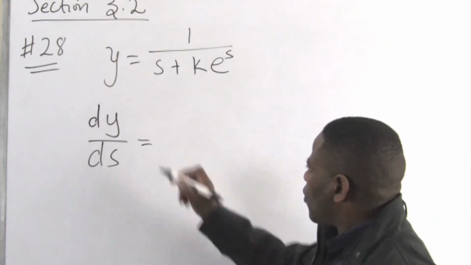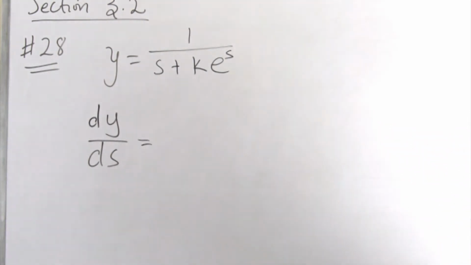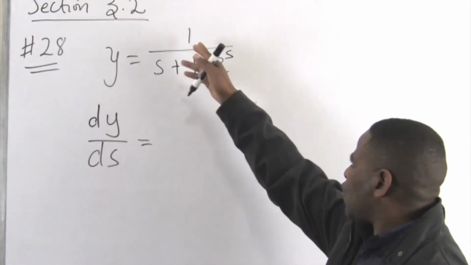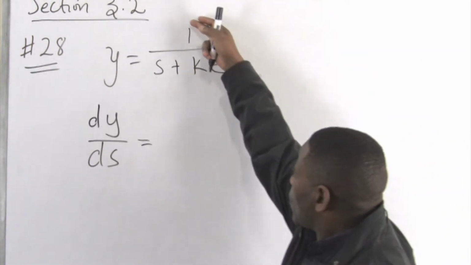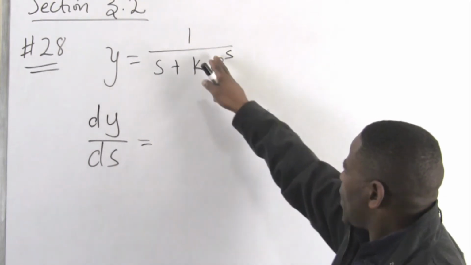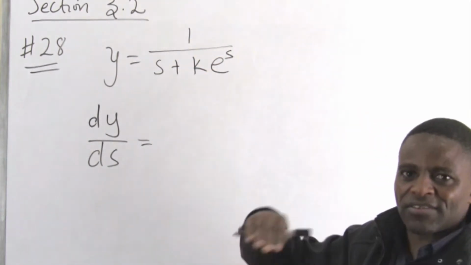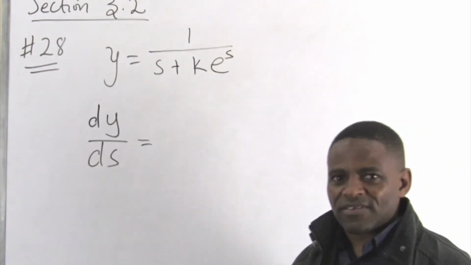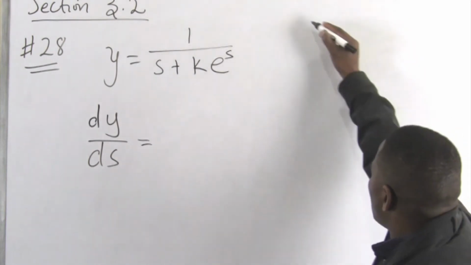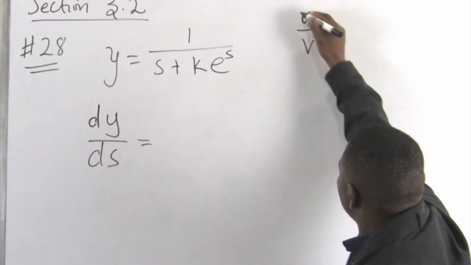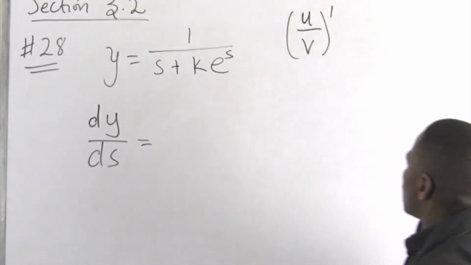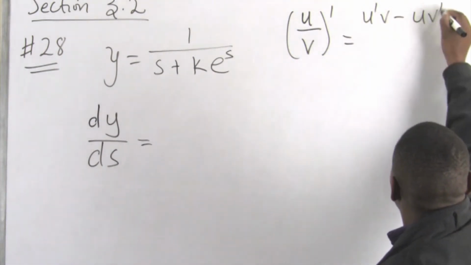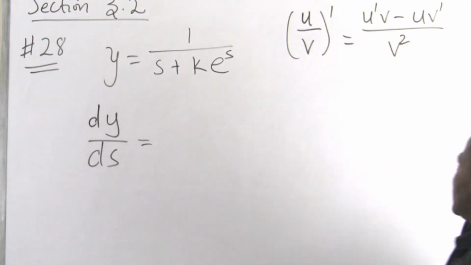Uma sifuna u-dy ds siyabona ukuthi indlela engayo le function lena i-quotient, ngoba kune function engaphezulu and then kuphinde kube na function engaphansi, kuyi-quotient. Ngakho ke sizosebenzisa i-quotient rule. Sizokhumbula ke ukuthi i-quotient rule ithi i-derivative ka u over v u prime v minus uv prime divided by i-square